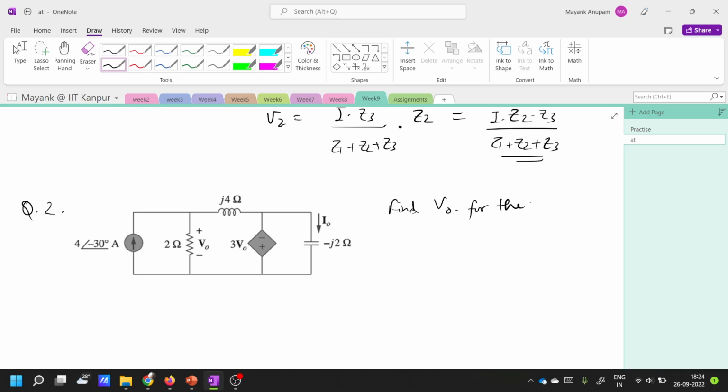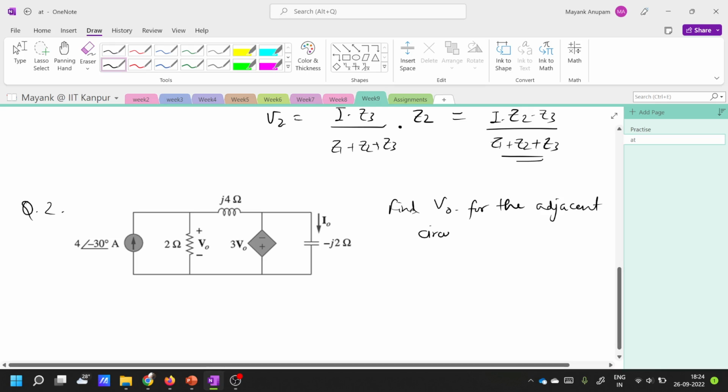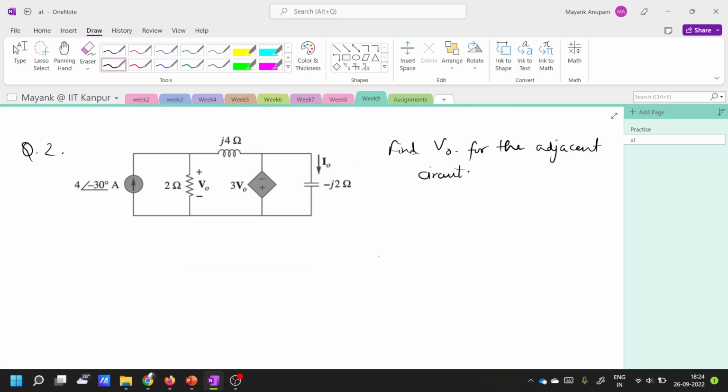For the adjacent circuit. Okay, let's do this. So here also, we have to find V0 in this case, right? Other than introducing these complex impedances, it's a very simple circuit. It's a voltage controlled voltage source here, and there's a current source here. There are impedances here and there. So it's a simple circuit which can be solved using any of the techniques that you know, like nodal analysis,